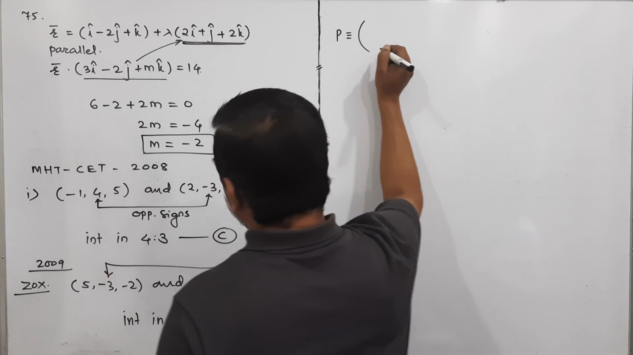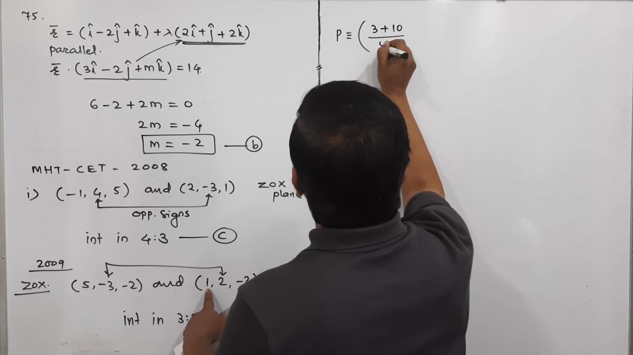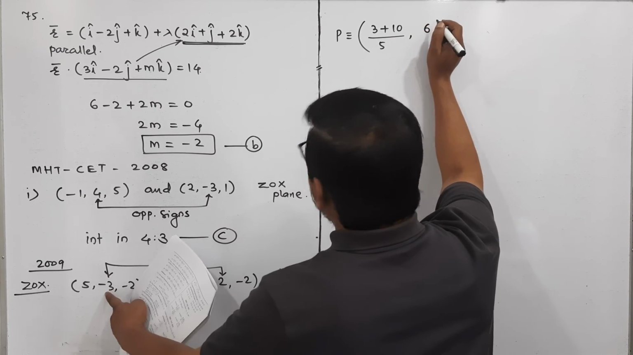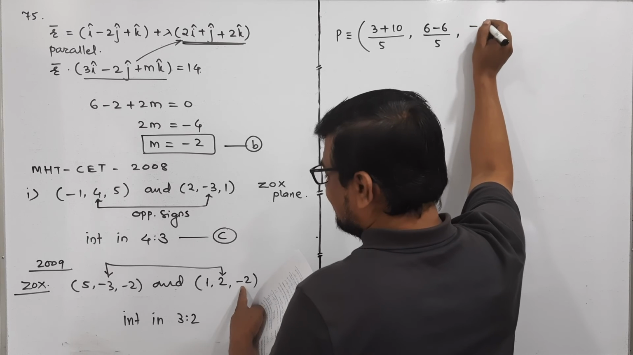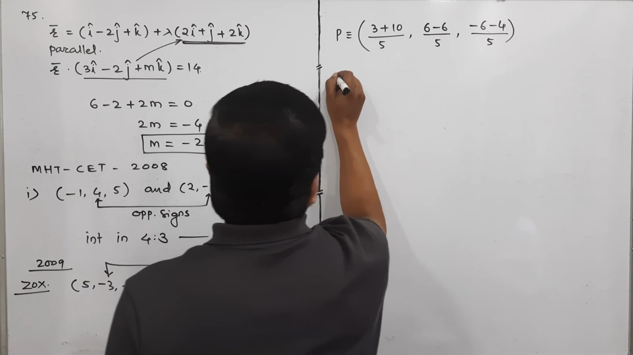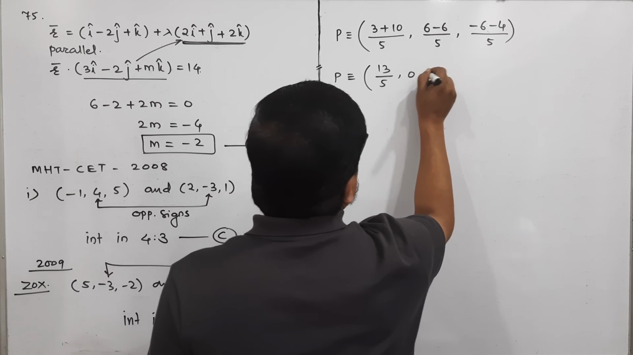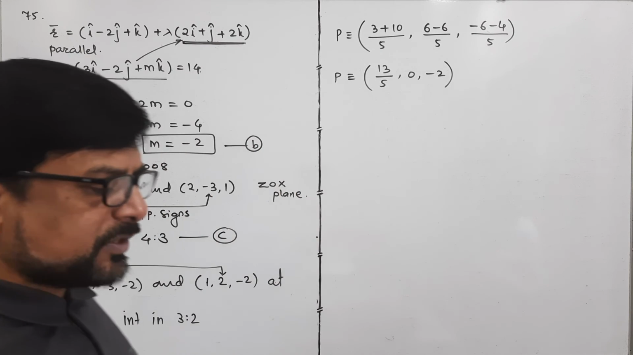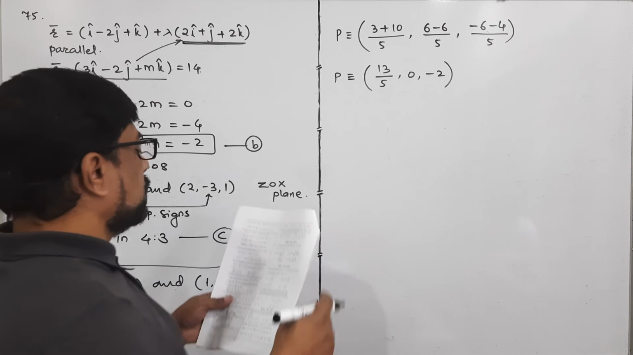तो यहाँ पे पॉइंट के कोऑर्डिनेट्स आएंगे 3 into 1 that is 3 plus 2 into 5 is 10 upon 3 plus 2 is 5. 3 into 2 is 6, 2 into minus 3 is minus 6 upon 5. And 3 into minus 2 is minus 6, 2 into minus 2 is minus 4 divided by 5. Means that point P has coordinates 13 by 5, comma 0, comma minus 2. This point is said to be the point where the ZOX plane divides the join of these 2 points. Next, question number 2 from